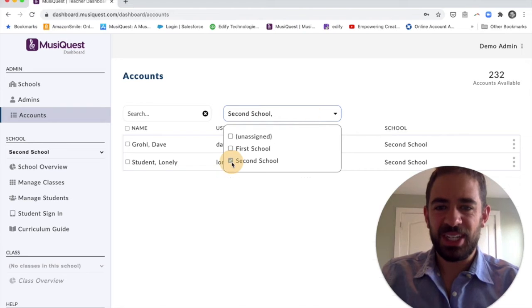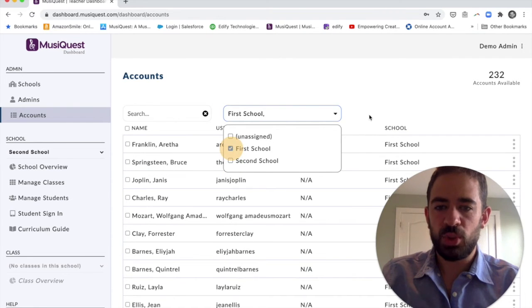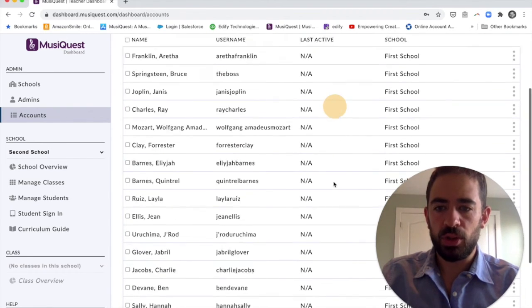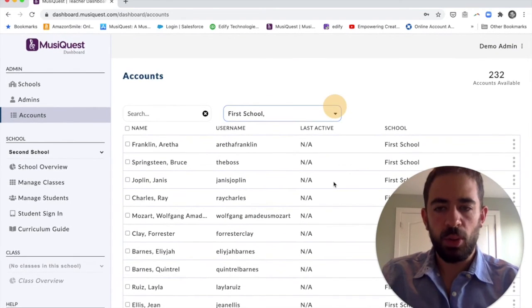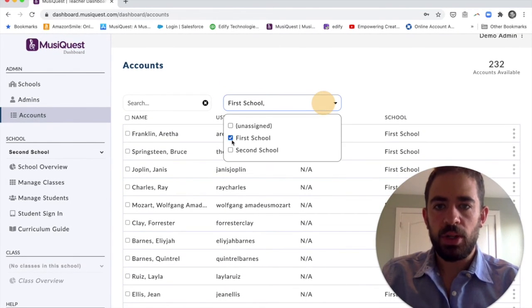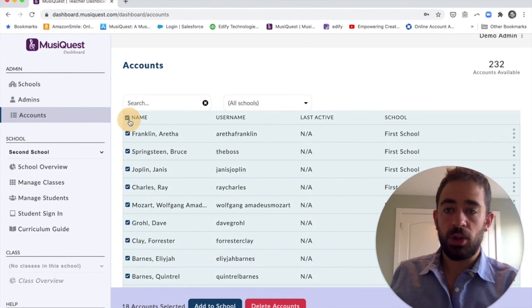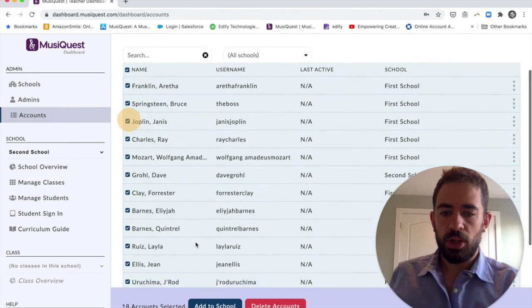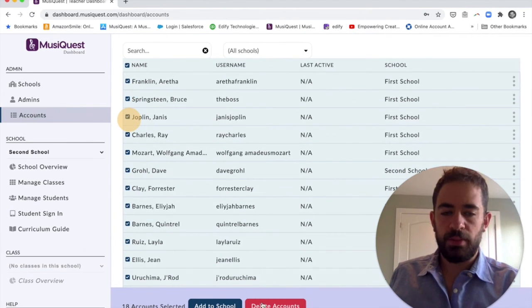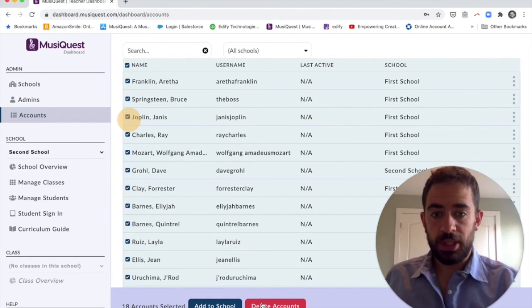well. If we take second school off and put first school on, then we see a larger group of students, but no Dave or a lonely student because they're not there. You can always remove the filter here. And then you can take mass actions with the student accounts themselves. You can select all of them by clicking up here, which is going to give you the option to add